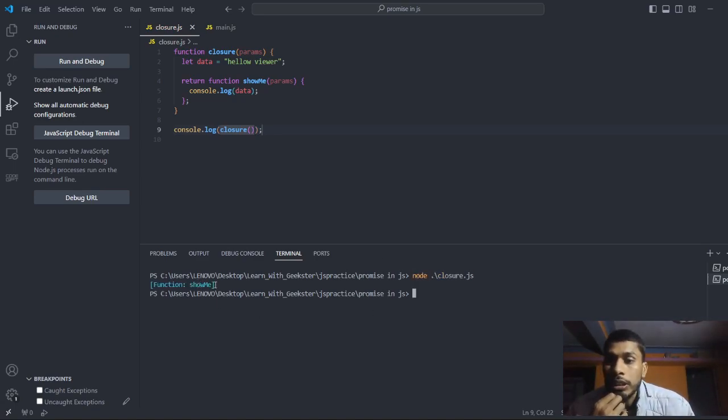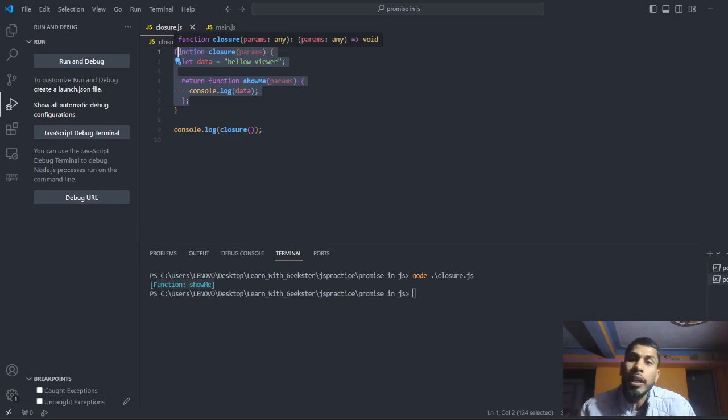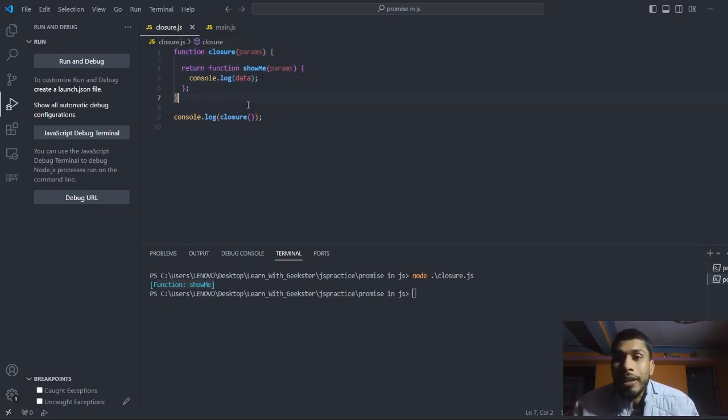Here you can see the whole inner function has been returned from the outer function, right? That means I can store it anywhere inside a variable.